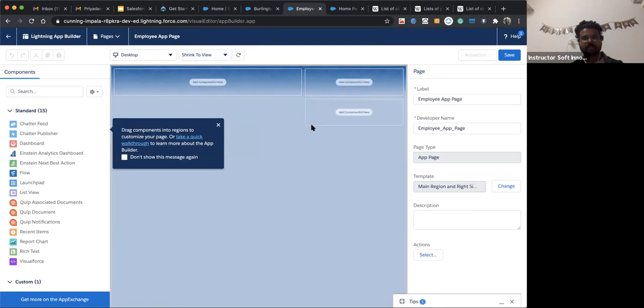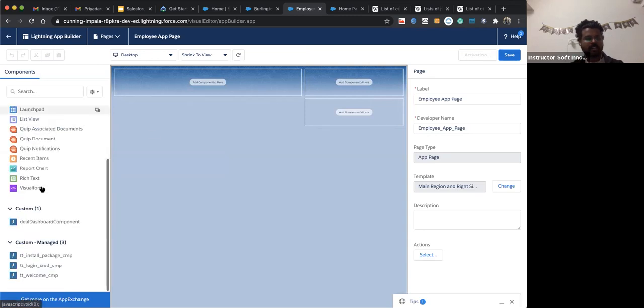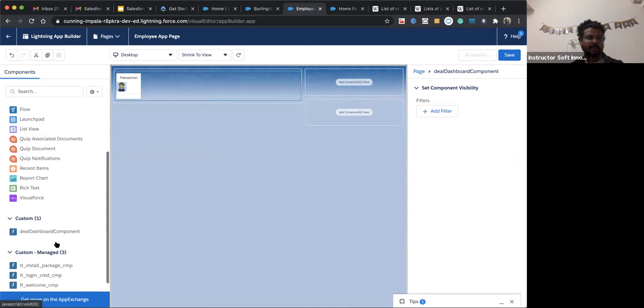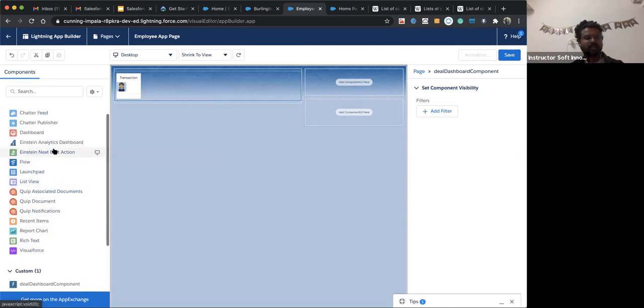It's a blank app, nothing here. You can add any component over here. See, any component. I'll just add my custom component here; it will show any custom component. Later on we will discuss how we use that.